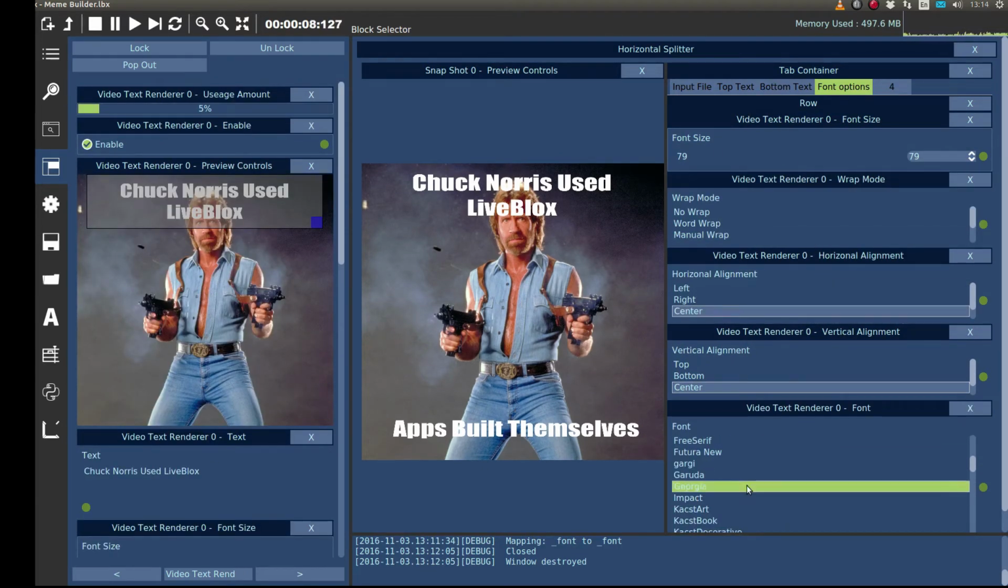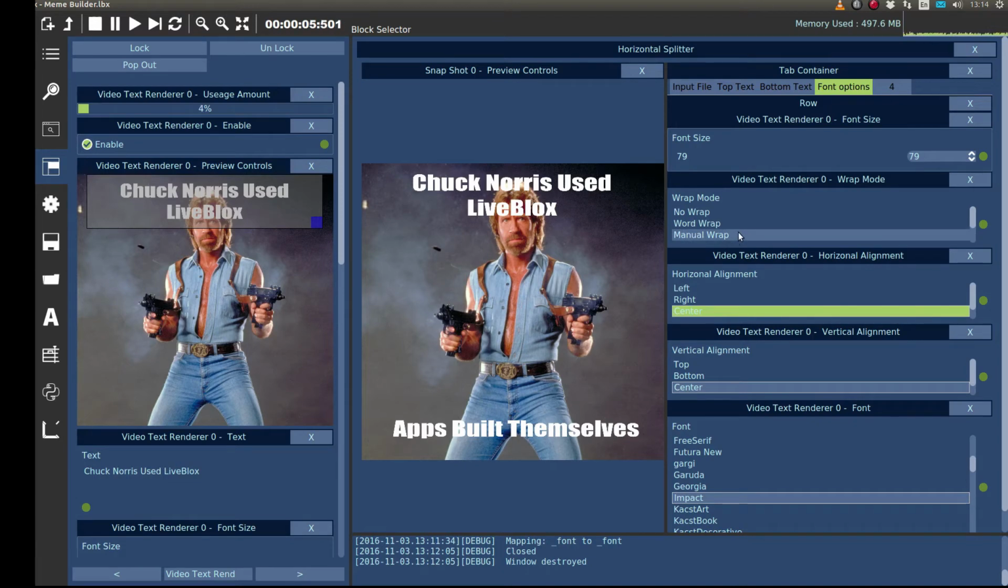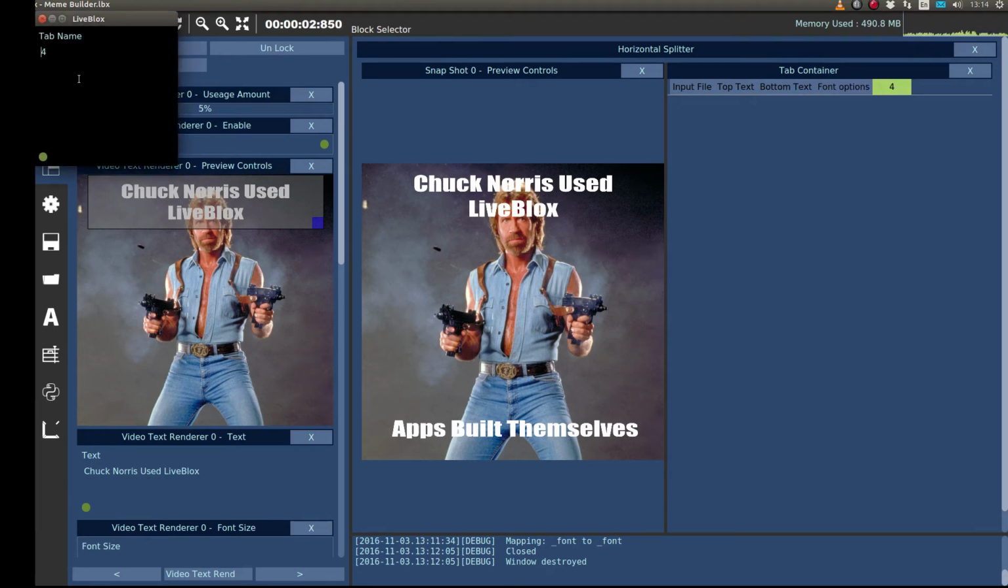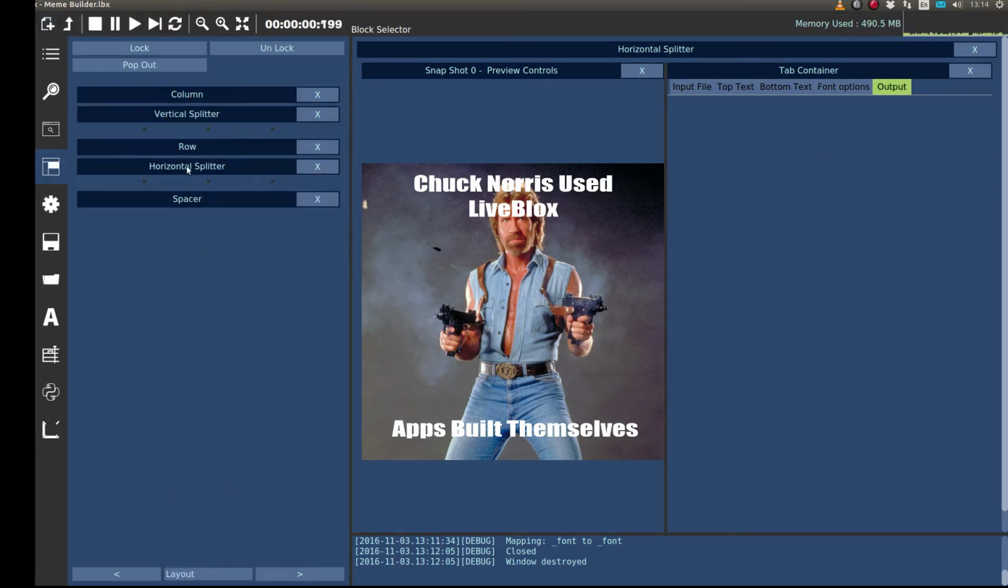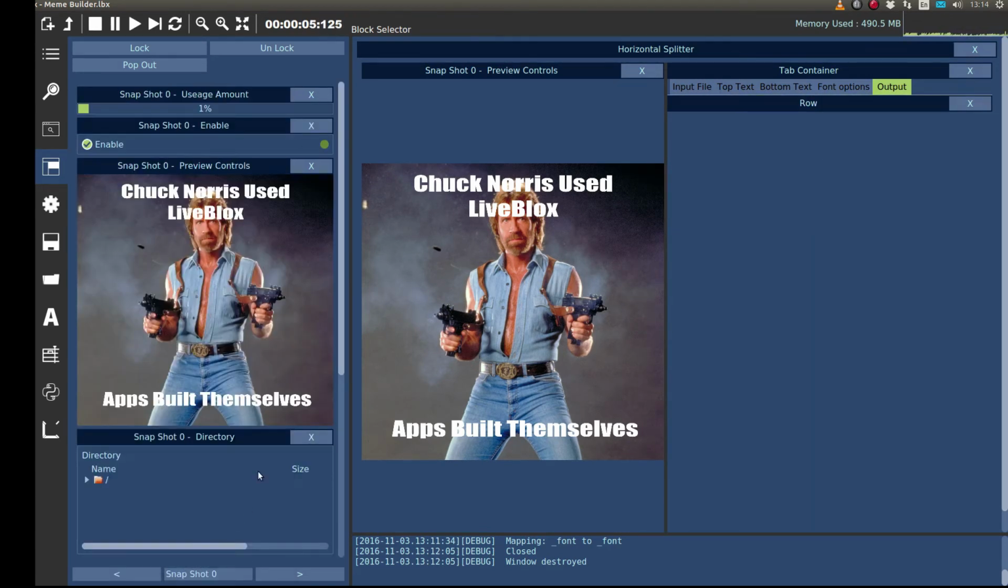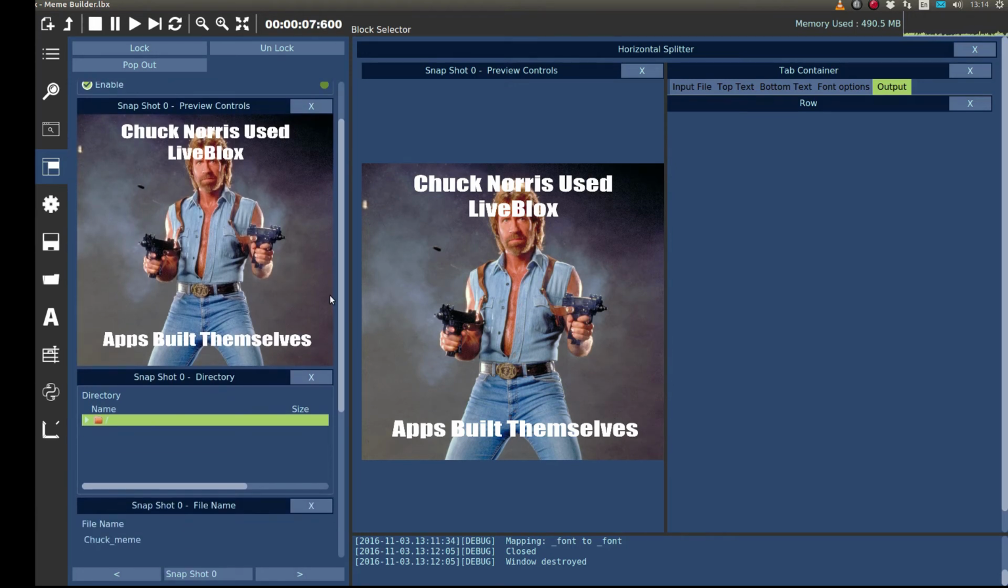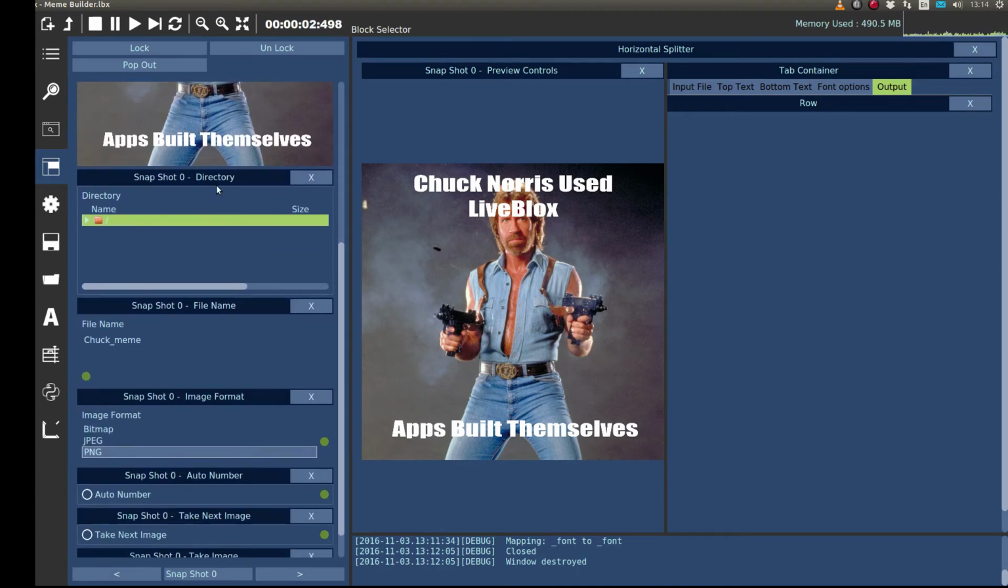We can change the font if we want, we can change different settings, and as you can see it's doing both of them together because we locked them together using mappings. Okay, and then the next thing we're going to want is the output. And then again we're going to put a layout row in there, and then we're going to select from this snapshot. We've already got the image of what the output will look like here, so we don't need to worry too much about that. So we just set the output directory,